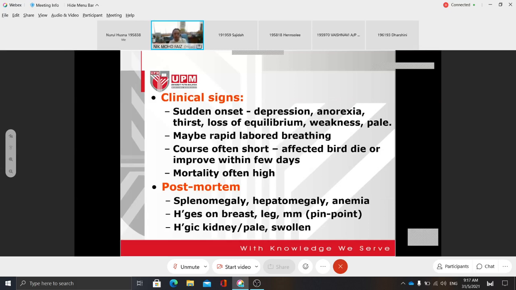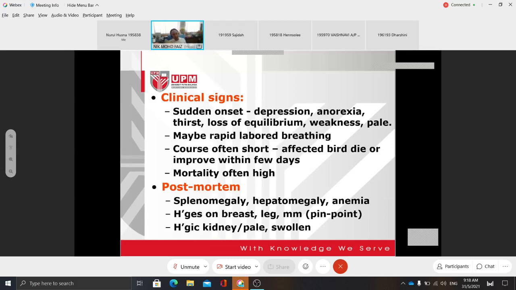In the latest cases I've seen, even in UPM, we have our research area near the stadium there, a research area for chickens. We breed some chickens over there. They have reported leucocytozoonosis quite a number of times as well, because back then they had a small lake area, a swamp area with a lot of mosquitoes. So this is what happened. One of the things that we always notice in these chickens affected by leucocytozoonosis is sometimes there's blood oozing out from the nose or oral cavity. Then they just die pale and weak like that.